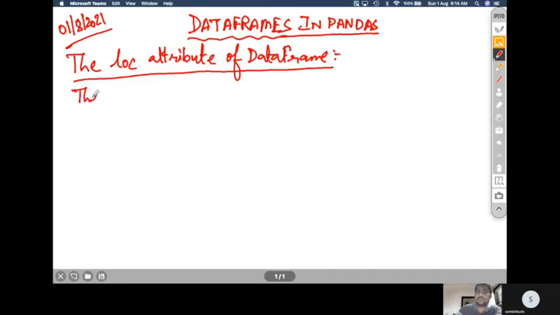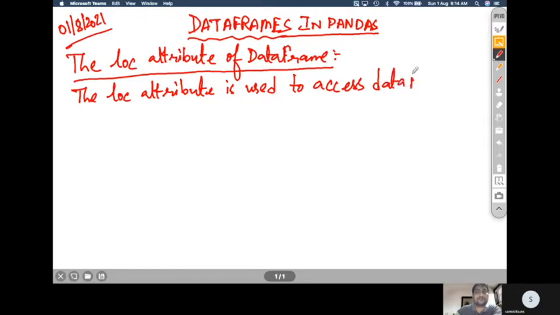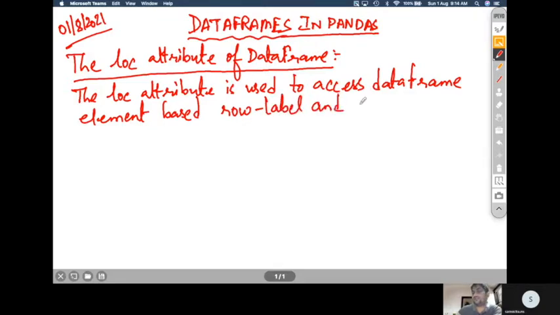The LOC attribute is used to access data frame elements, right? Data frame elements based on row indexing, row label and column label name.